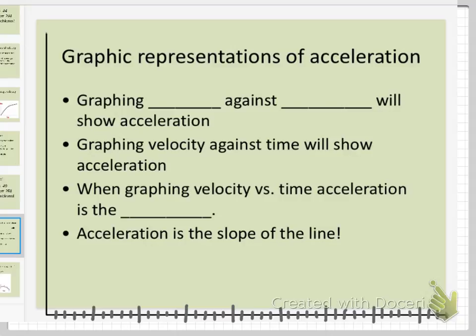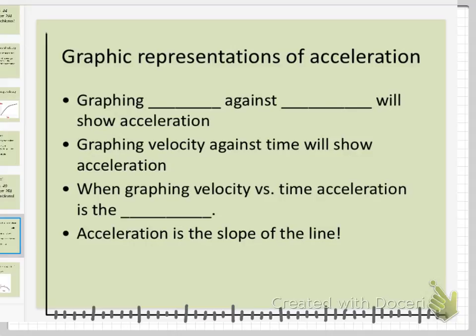This is important, and this is so important that I'm going to have you do pretty much an entire lab over this. You do a second lab in Chapter 2. You really have to get this, and you will get this. It's not a hard concept, but I want you to have it so well that you can do it backwards, forwards in your sleep at 2 a.m. You can create a graph that will show you your acceleration almost instantly.